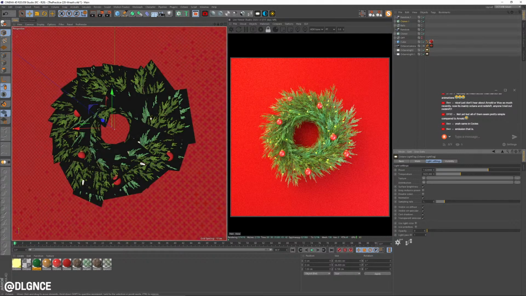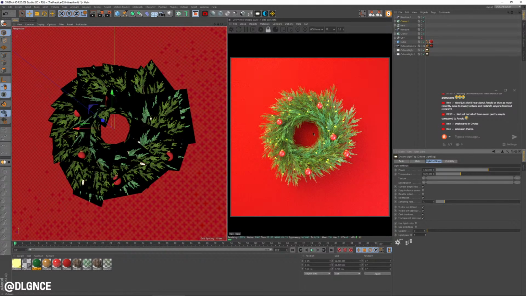And because we've added all this light with the little twinkle lights in the cloner, I'm going to compensate a